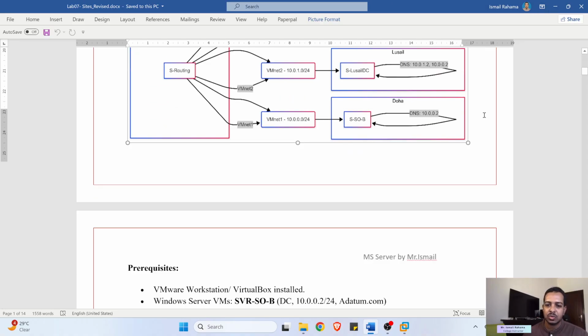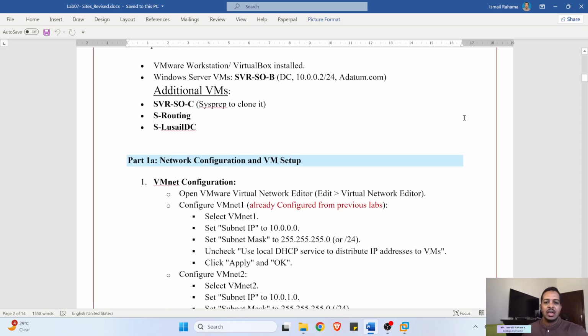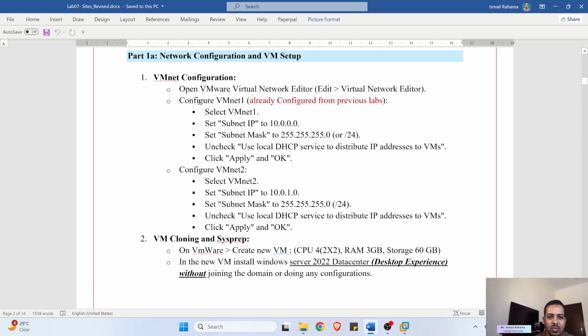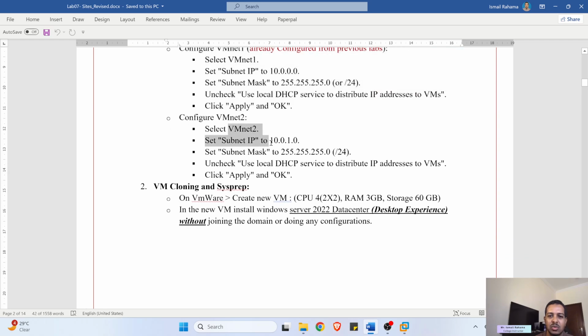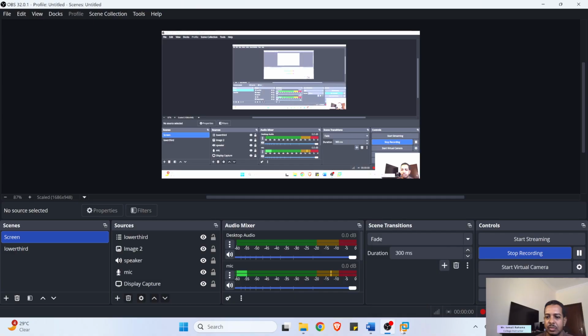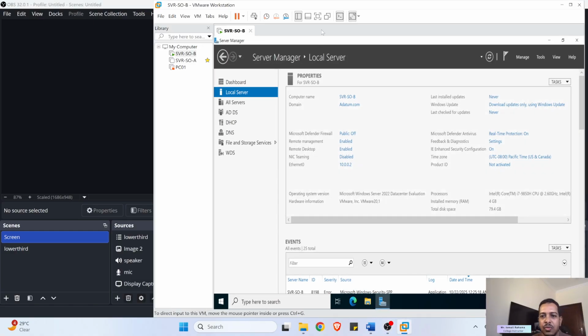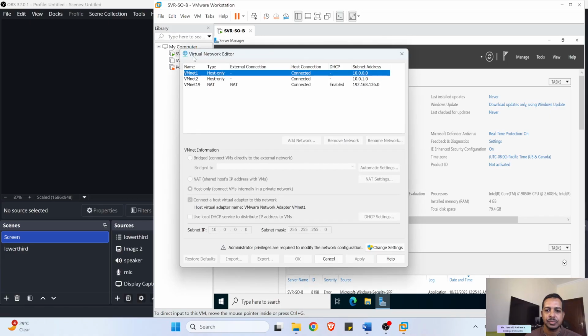So how are we going to do this one? Let's scroll. This is our settings. So the first part, we're going to create a VMnet. We already have this VMnet. I will show you how to do it. And we're going to create VMnet 2 for the other site. So we go to VMware here, and we're going to edit virtual network editors. As you see, I already have VMnet 1, host only. If I click change settings,